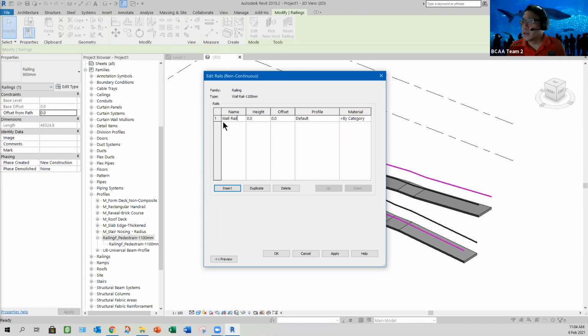Height must follow back what you created in your profile, 1100. If you're not sure what the value is, you can leave it first, then later you see what happens. Important here is your profile. You must select the one that you created, railing profile, apply,